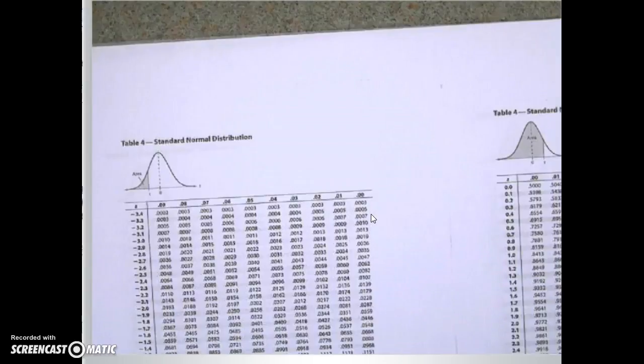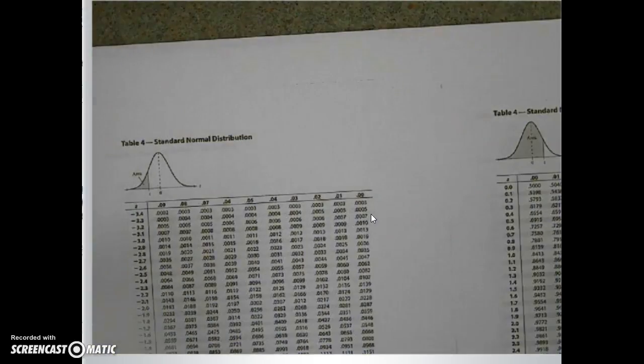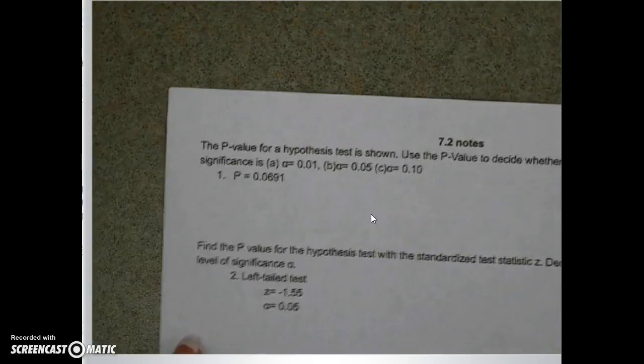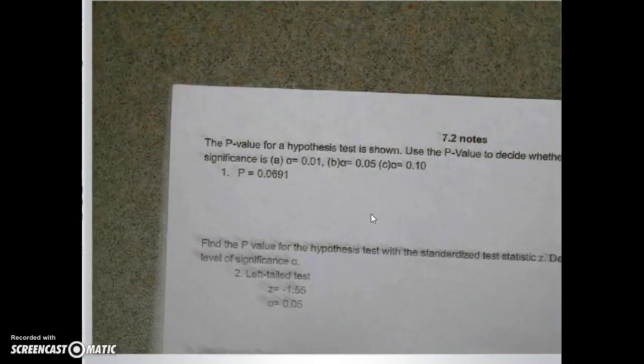Alright, so keep this out. Another thing, if you are grabbing materials now that you're going to want to have out, is your standard normal distribution chart so that we can look up some z-scores. Not a lot, but a couple, 2, 3. So have this out as well, please. Okay, so looking at the first example,